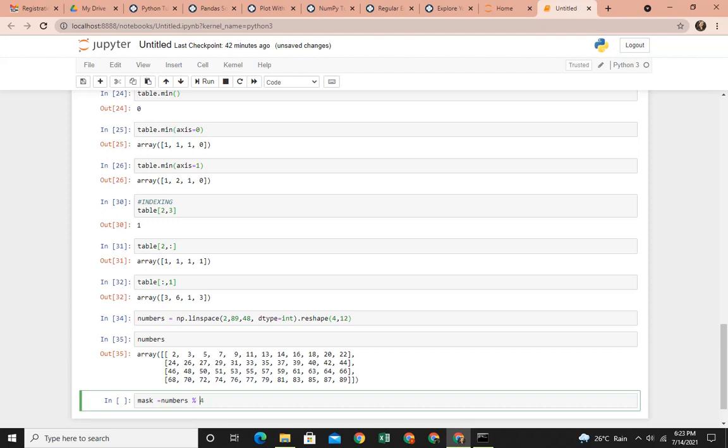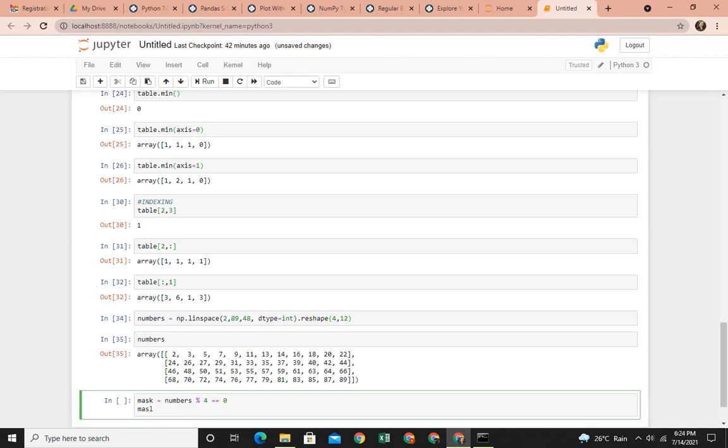So what does it mean? Numbers, then this percentage sign indicates modulus. Modulus means we are looking at the remainders. So what will this mask contain? Mask will contain those numbers which on division by 4 will give you 0. That means the numbers which are divisible by 4.